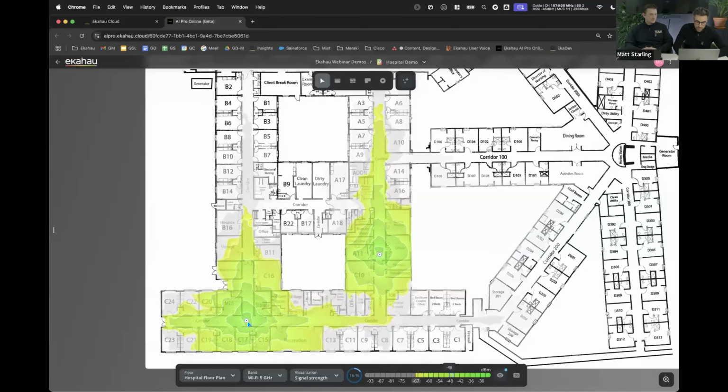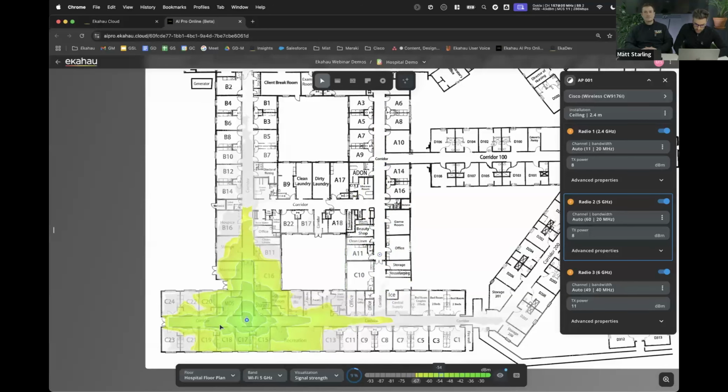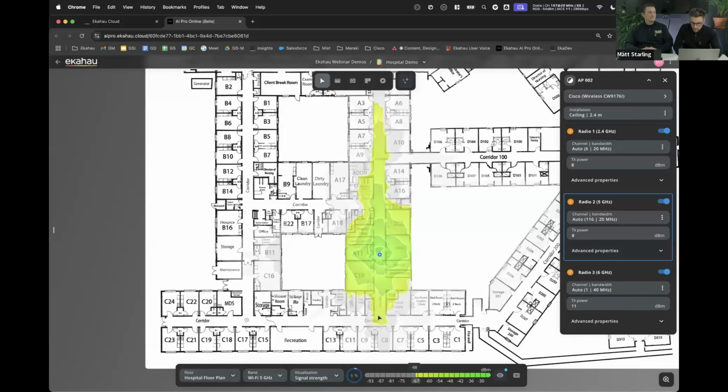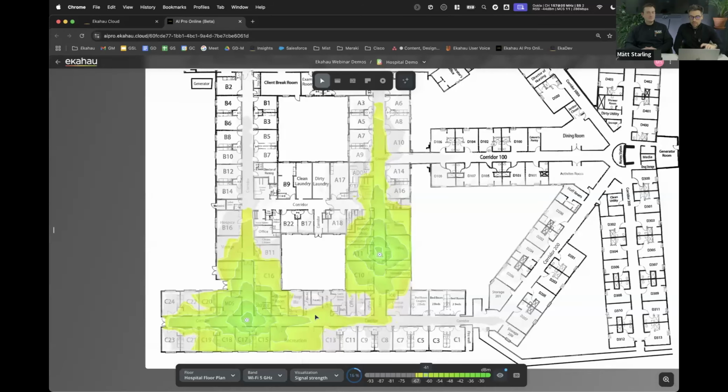We've got an access point placed here, and we can see how far it covers, with the coverage going down to here. If I turn on this access point down here as well, you can see it overlaps slightly with this access point in this corridor. Obviously you wouldn't do a design like this, but for demo purposes I just want to show you what might happen if you have access points placed in the corridors.